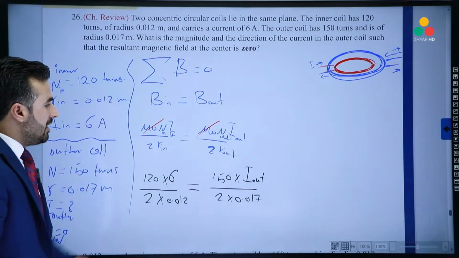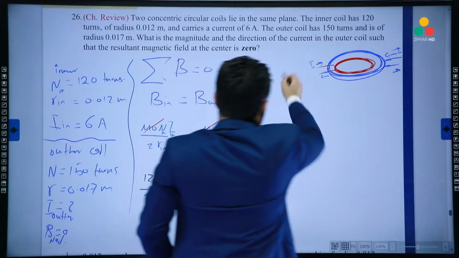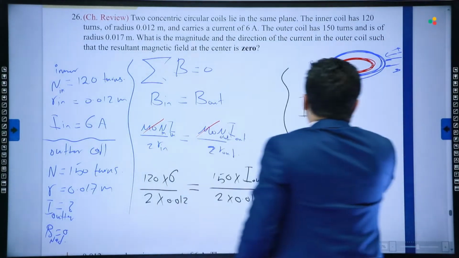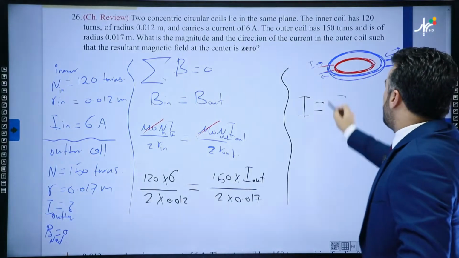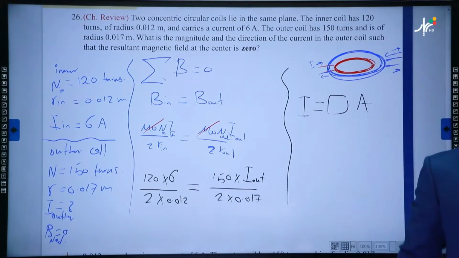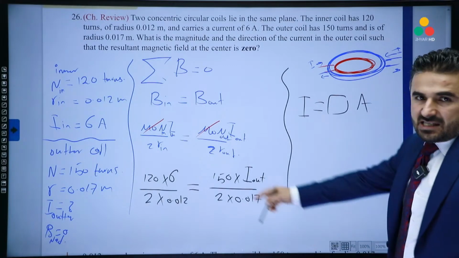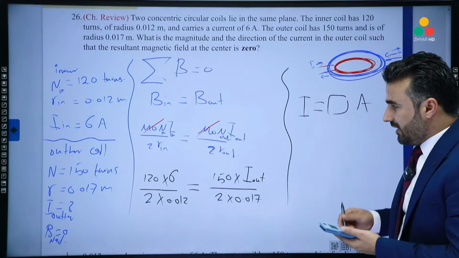0.017. Okay, now do the math. I will equal to, you can do it here perhaps, you can find I here will equal to something ampere. And of course now we can use a calculator to find the current here. But before, how about if I simplify this before we do that? We can say